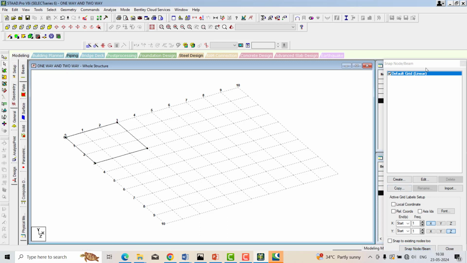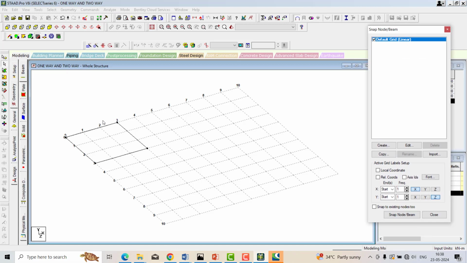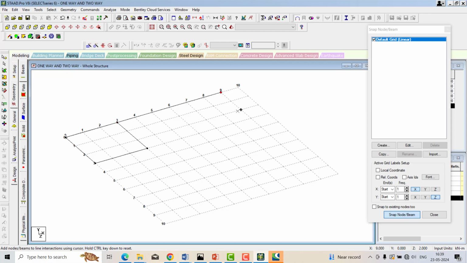It is a two way slab. When we divide 3 by 3, we get 1, which is less than 2, so it is two way. I draw one more span of about 6 meter by 3 meter. When we divide this longer span, 6 divided by 3, we get 2, or we may get greater than 2 if we go with 7 by 3. Then it means it is a one way slab.